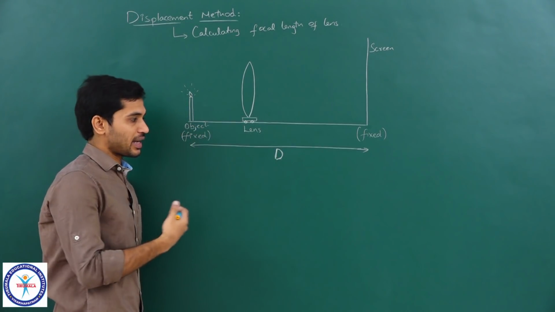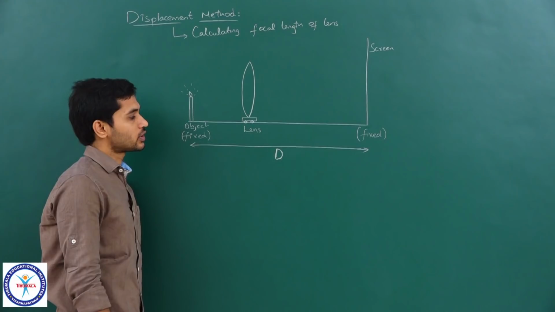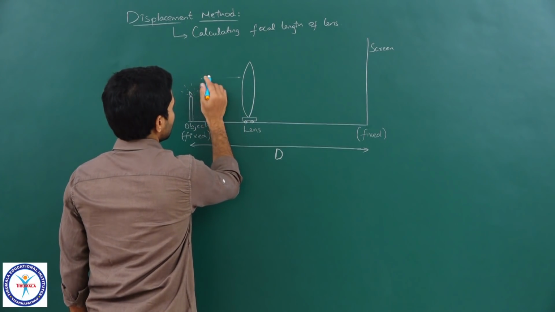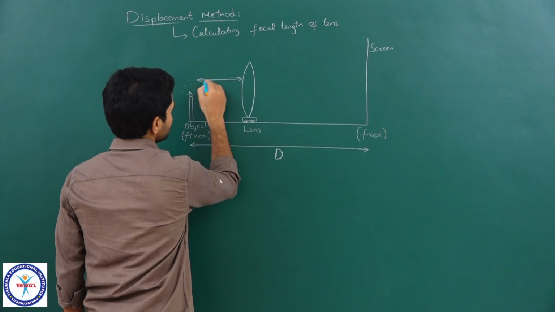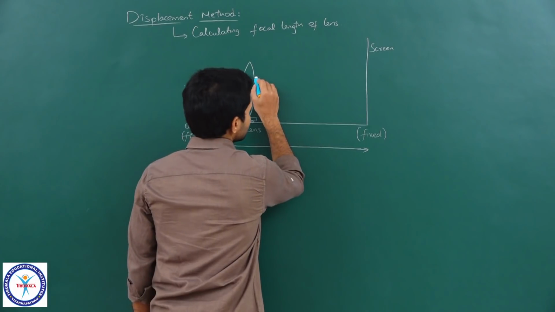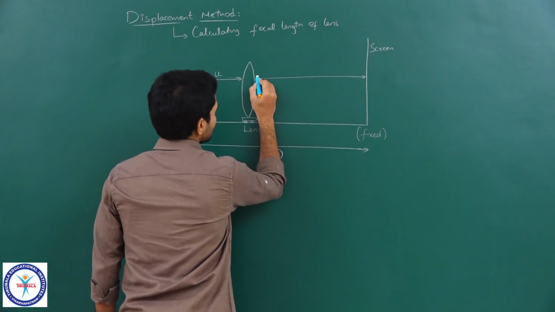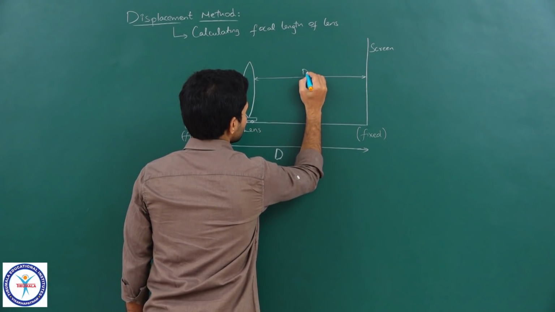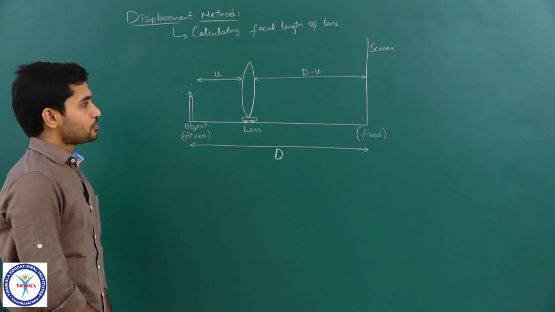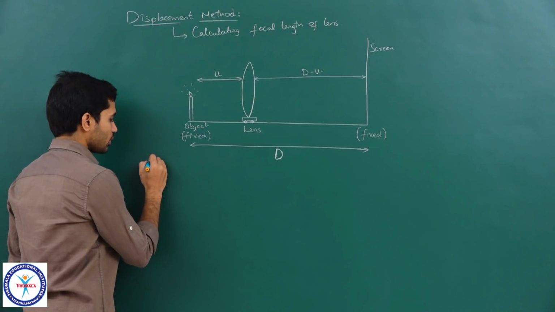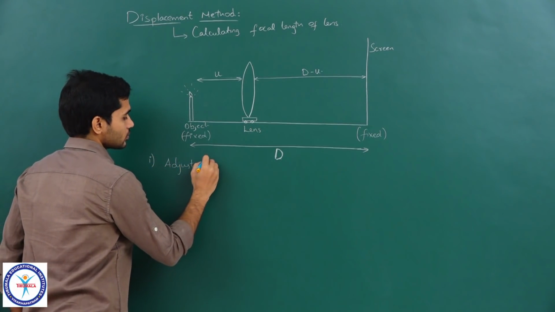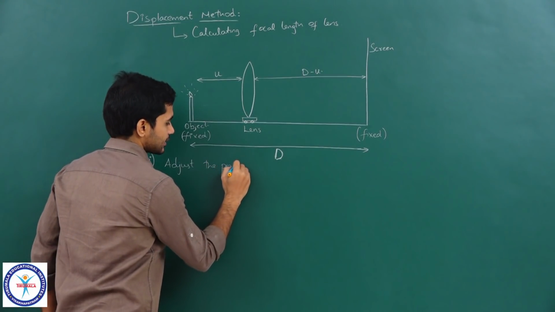Capital D is the distance between screen and object. Now, let us consider that the distance between object and the lens is u, right, which will automatically make the distance between lens and the screen D minus u. Okay. Now, the first thing that we will be doing here is to adjust the position of lens